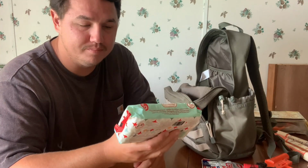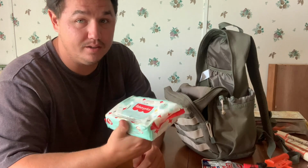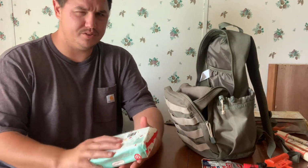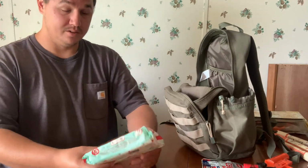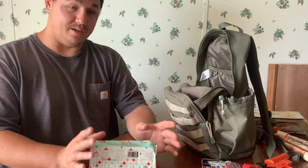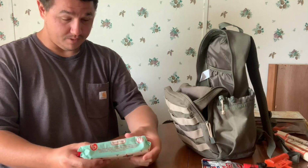Wet wipes, baby wipes, however you want to think they are, that's what they are. 72 count. Probably need to reduce, don't need this big one, but definitely need this. Nothing sucks worse than having to poop without toilet paper of any kind. So